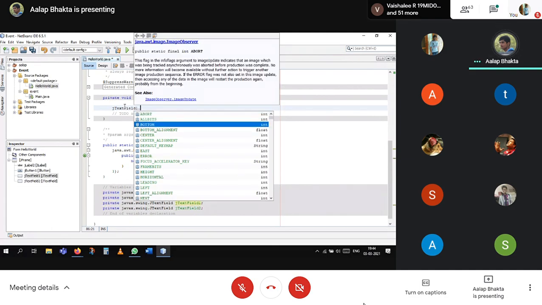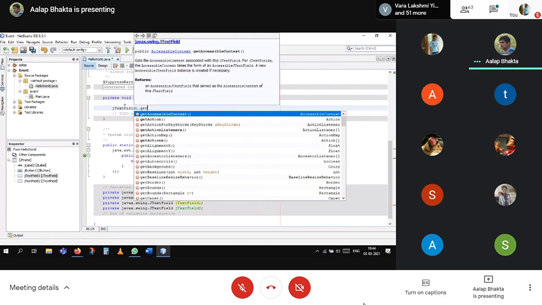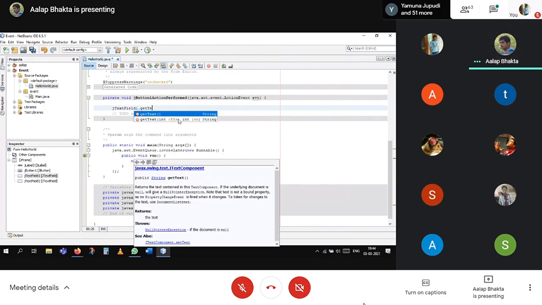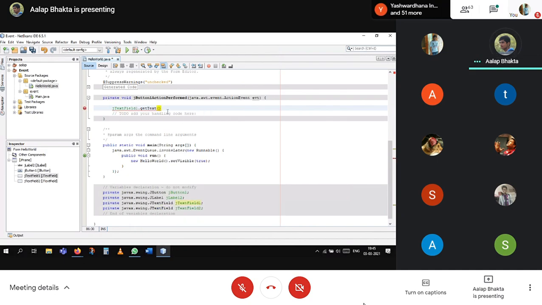Then there are these library methods. If you want to get the text, it's getText. This is getting the text from text field 1.